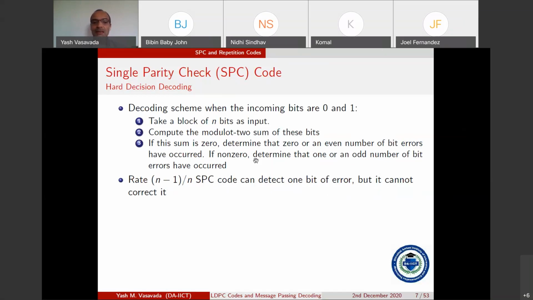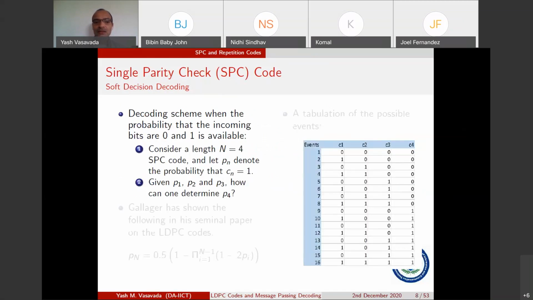Okay, so that is the idea behind the decoder of the SPC code, and this is called hard decision decoding because the receiver is operating on zeros and ones. Now there is something called soft decision decoding,